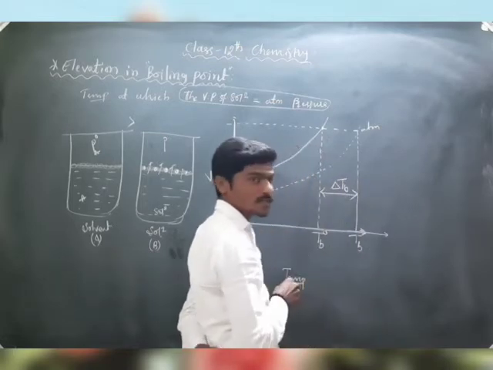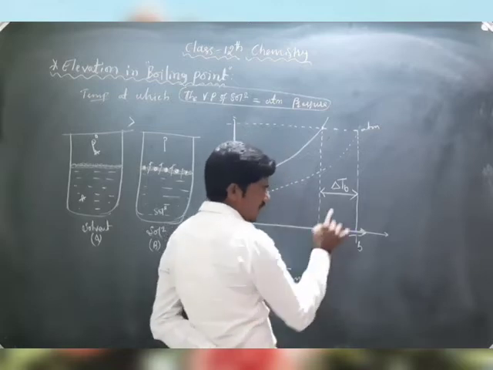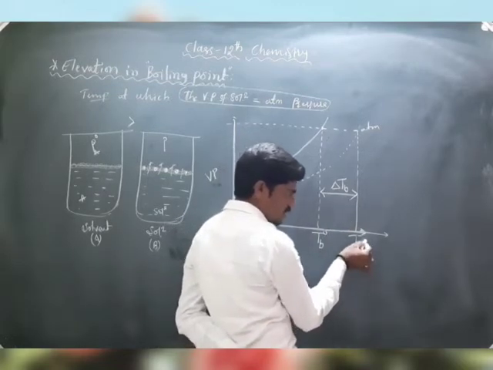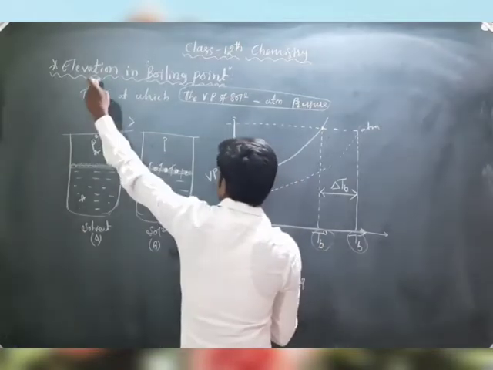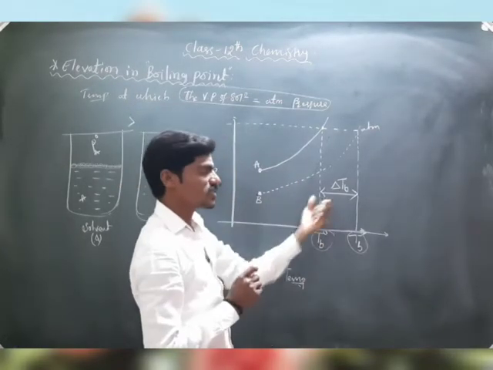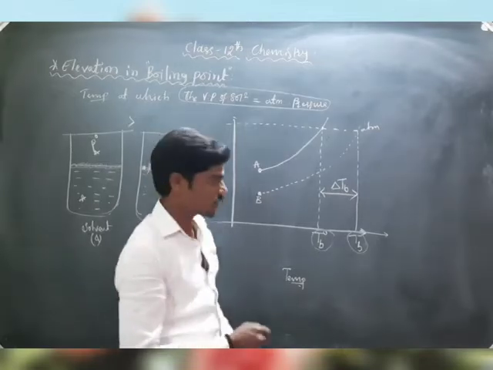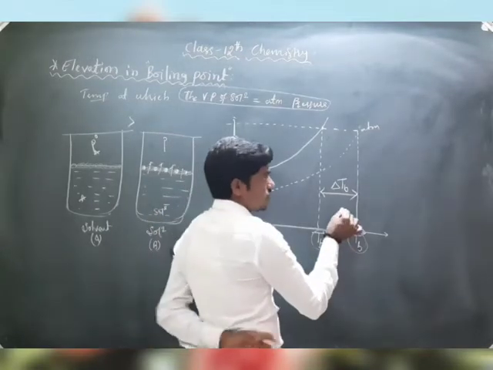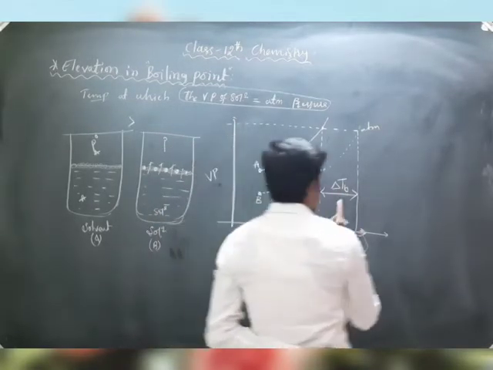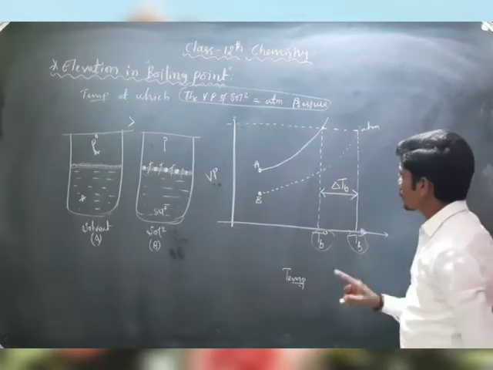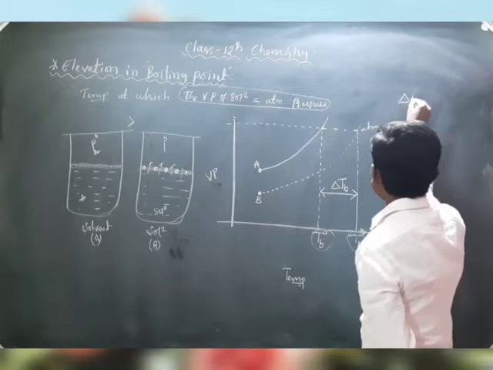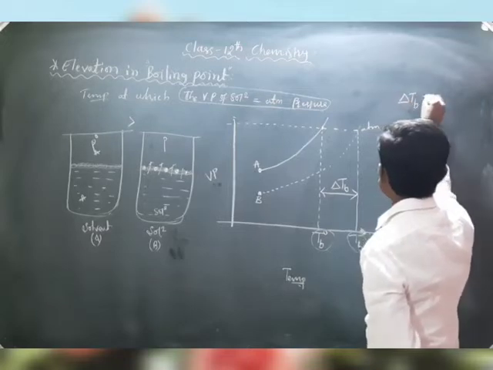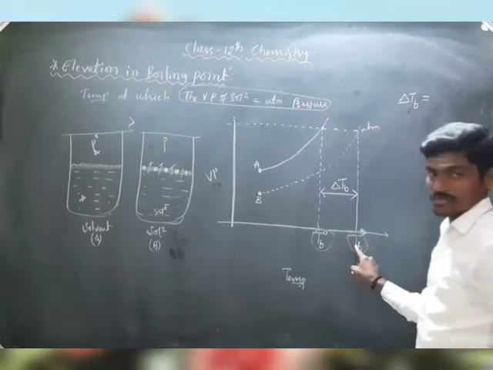Delta means change. The difference between TB and T naught B is known as elevation in boiling point. So how to define this delta TB? The elevation in boiling point is defined as, you can note this, delta TB is equal to, the higher value is for the solution,